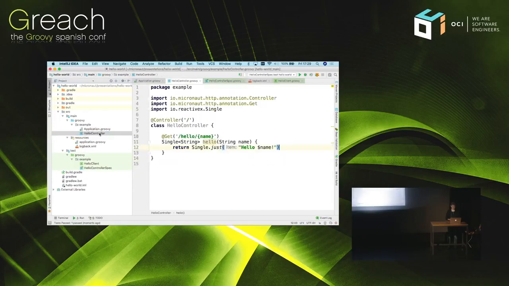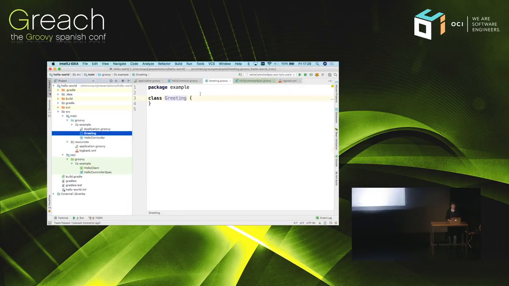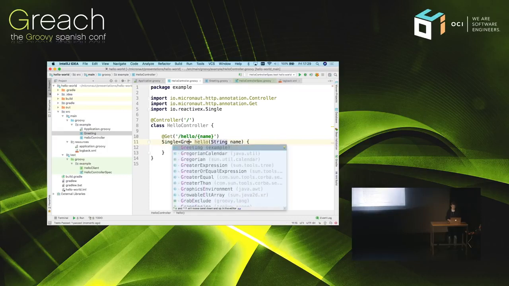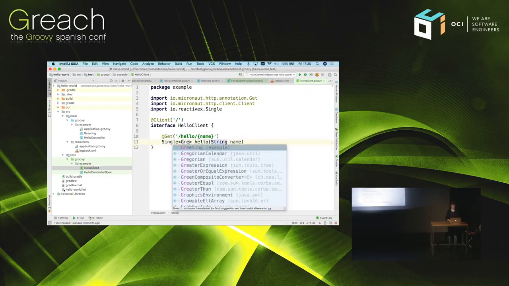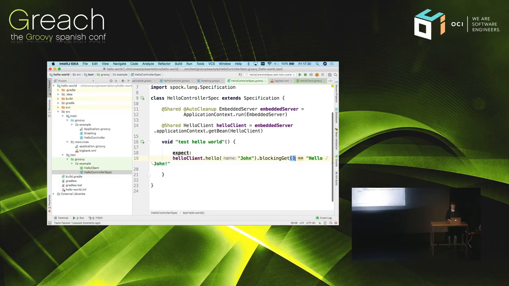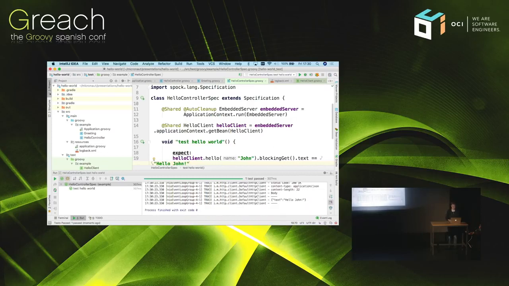In addition, instead of just returning strings, you may want to return a JSON object. So let's create a Greeting, and the greeting text is going to be that. Now, instead of returning a string, we want to return a Greeting. We can say new Greeting, and the text is going to be that. Then on the client, you can use the same object to return a Greeting. Now we can get hold of the greeting and say greeting.text equals hello John. So now we're using JSON interchange between client and server, and this is fully non-blocking. We're using the Jackson asynchronous parser and Netty to encode things in a non-blocking manner for you,